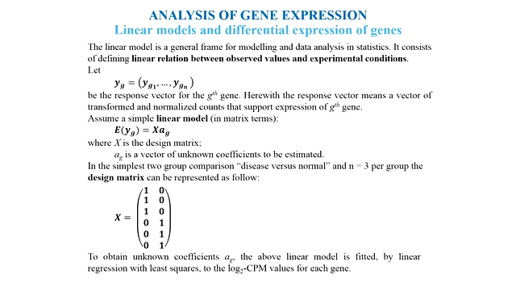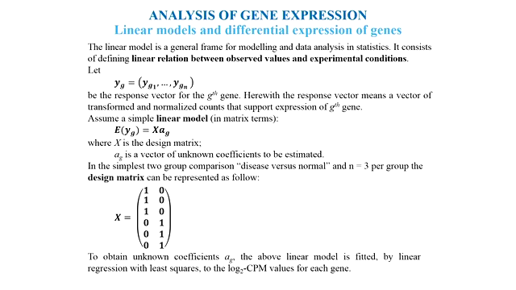The second scenario is more complex and is implemented using linear modeling. The linear model is a general framework for modeling and data analysis in statistics. It consists of defining a linear relation between observed values and experimental conditions. Let this vector be the response vector for the j-th gene. Here, the response vector means a vector of transformed and normalized counts that support expression of the j-th gene. Assume a simple linear model like this equation,